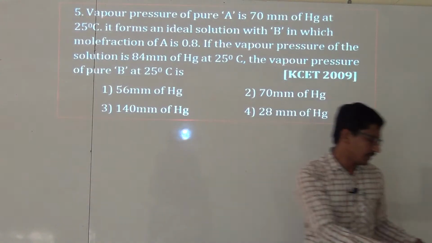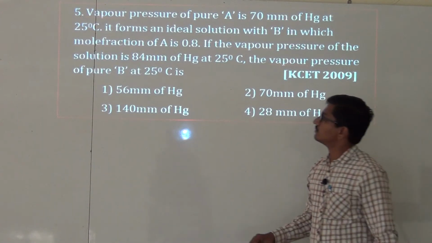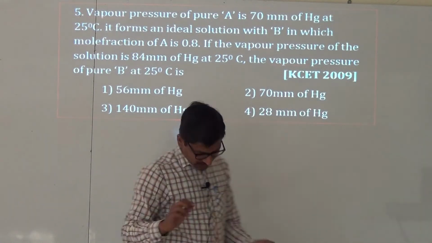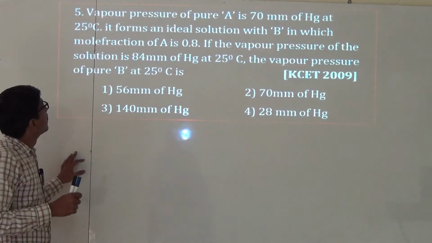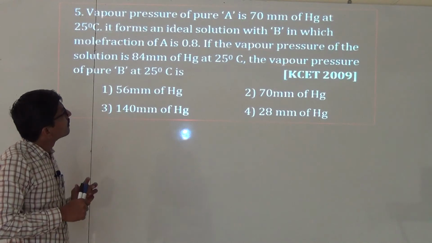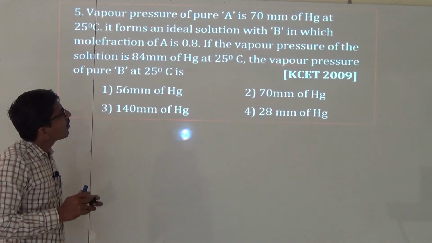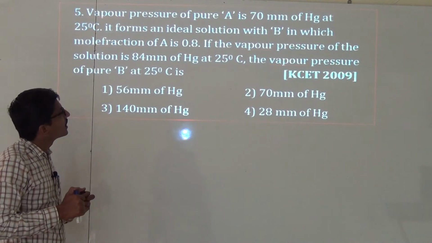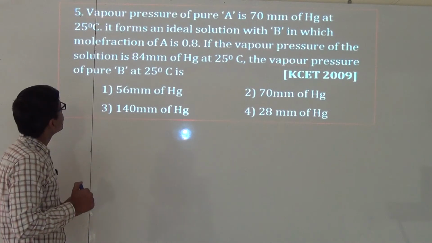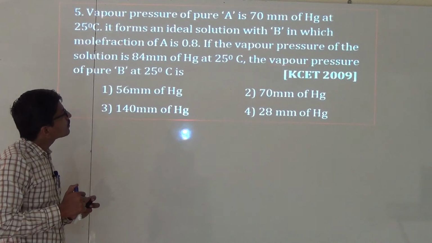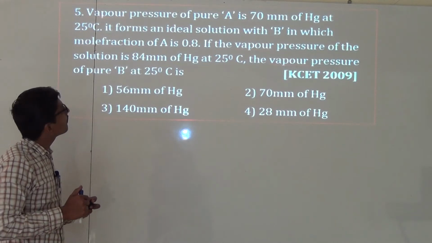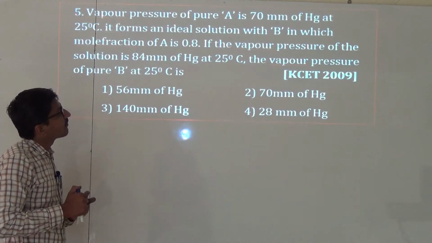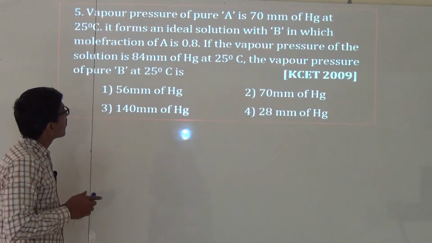Next question is, this is asked in 2009. Vapor pressure of pure A is 70 mm of Hg at 25 degrees Celsius. It forms an ideal solution with B in which mole fraction of A is 0.8. If the vapor pressure of solution is 84 mm of Hg at 25 degrees Celsius, the vapor pressure of B